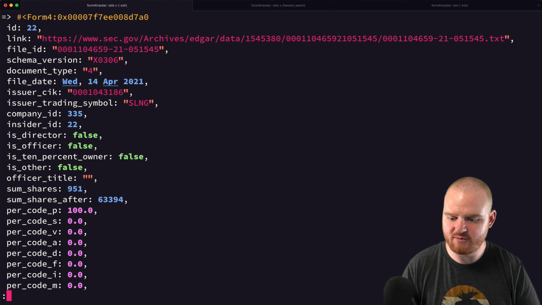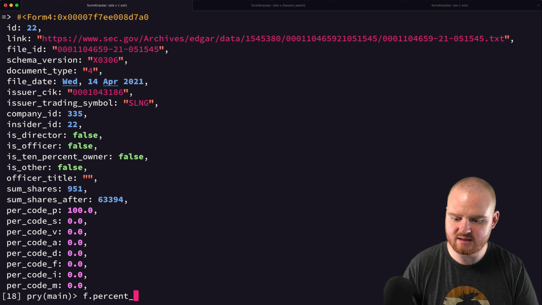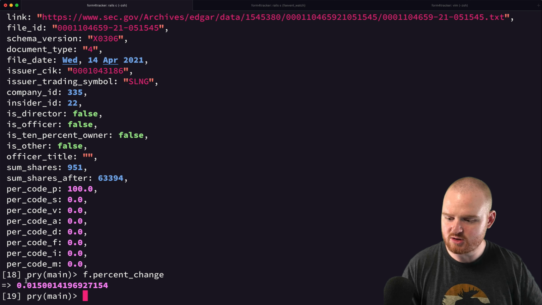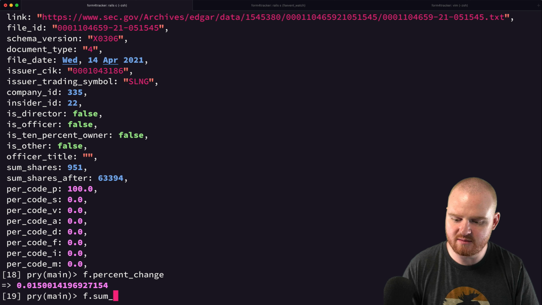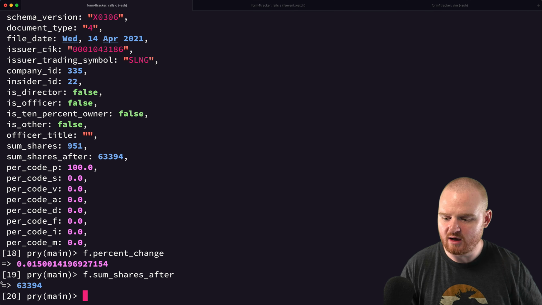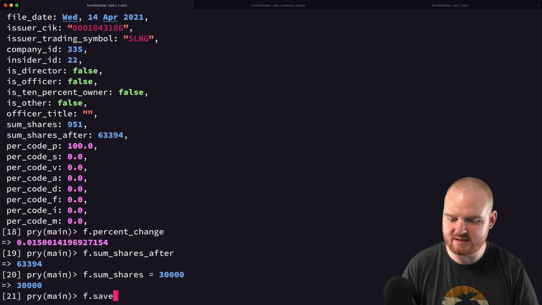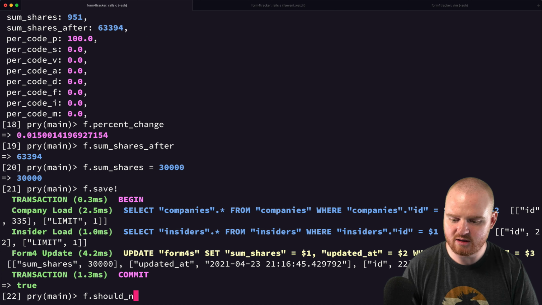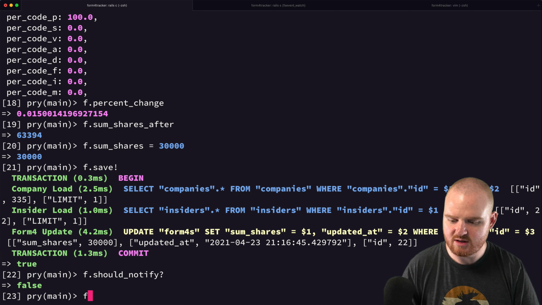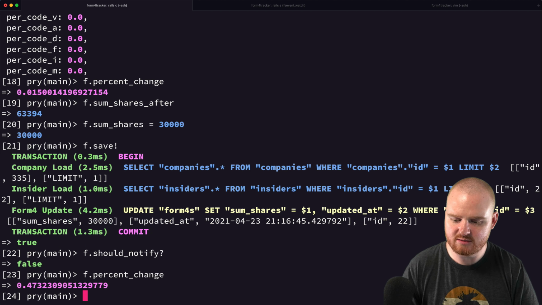and grab that same form, and then f.percent_change. Okay, so it was a 1% change. That wasn't enough. Let's just edit this form. This is a local form, so f.sum_shares_after, I don't know, let's just say that f.sum_shares was actually equal to like 30K. And then f.save, bang, f.should_notify